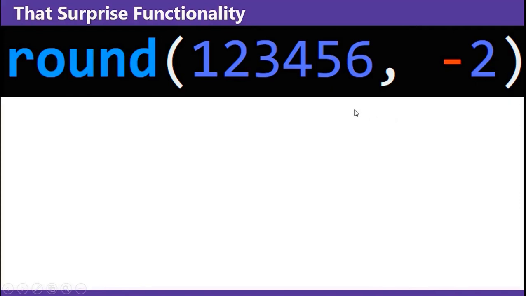Now for that surprise functionality I teased earlier, by providing a negative argument, you can round to the nearest power of 10 relative to that negative value, meaning -1 rounds to the nearest tens place, -2 rounds to the nearest 100ths place, and so on. From this code, 123,456 round to the nearest 100, because that's what the -2 corresponds to, is